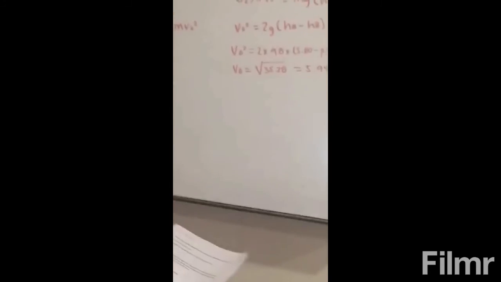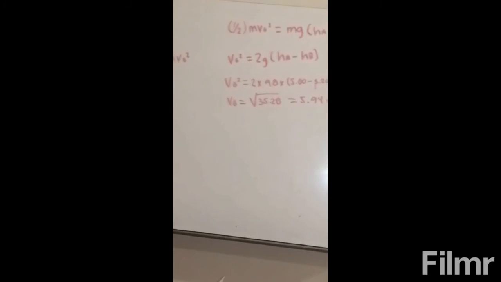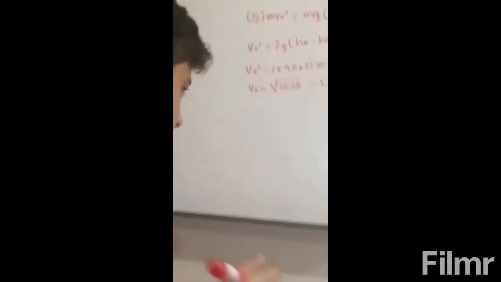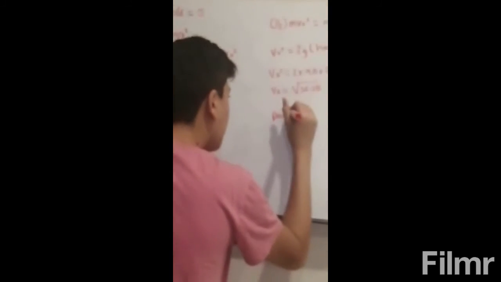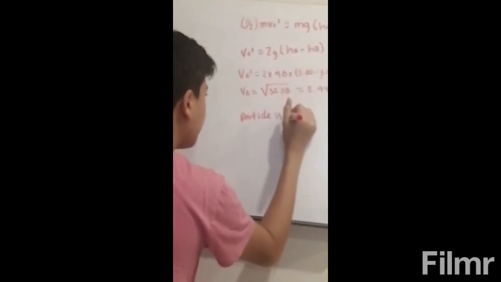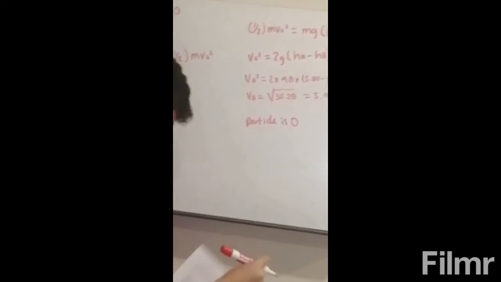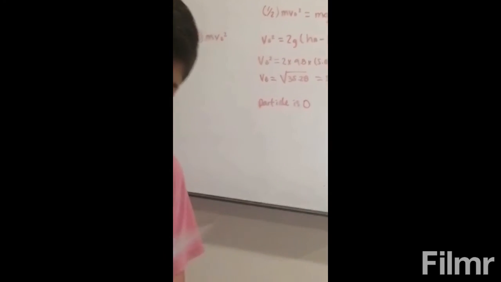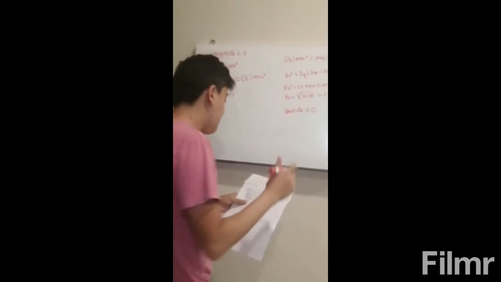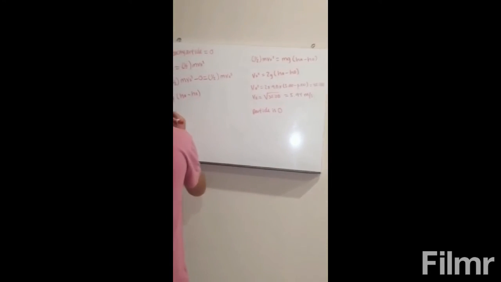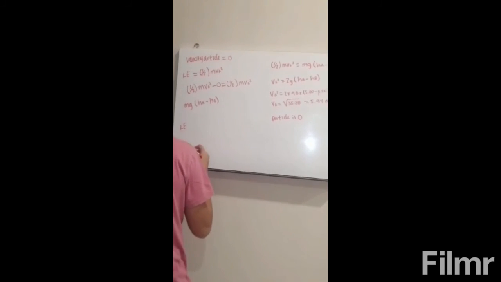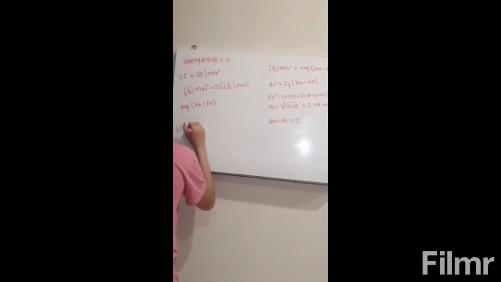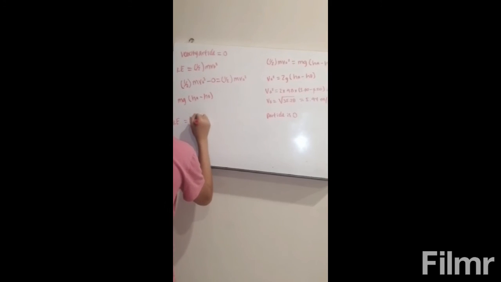Now for velocity at point C. At point A, velocity of the particle is 0. We have again KE equals 1/2